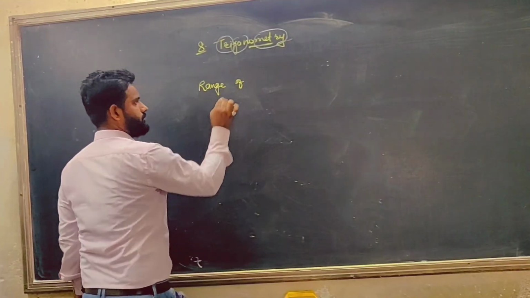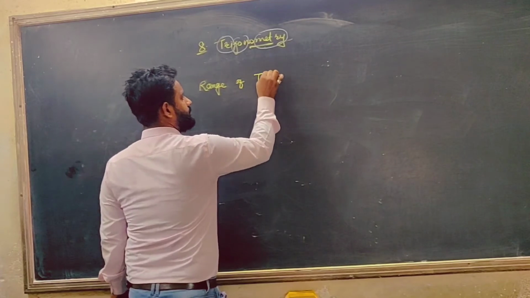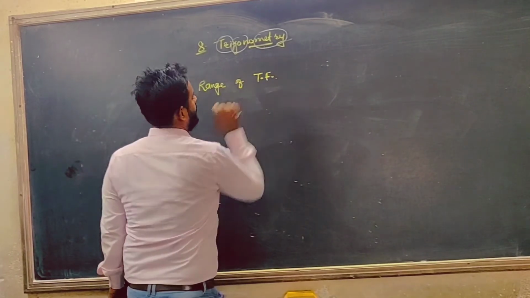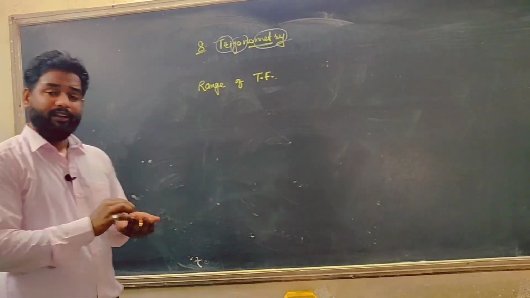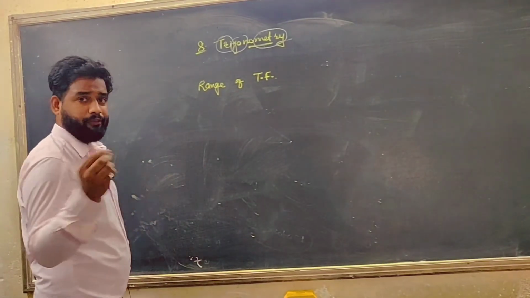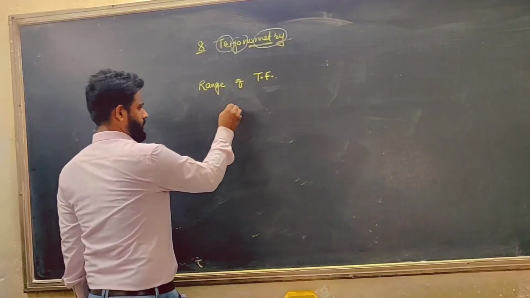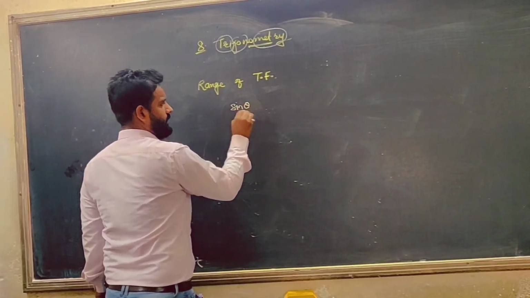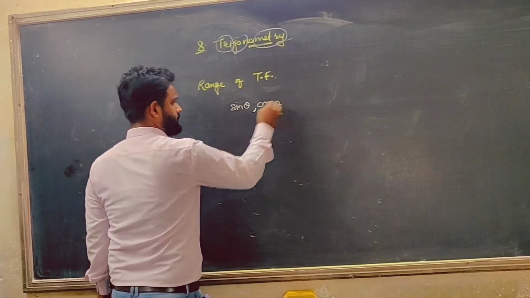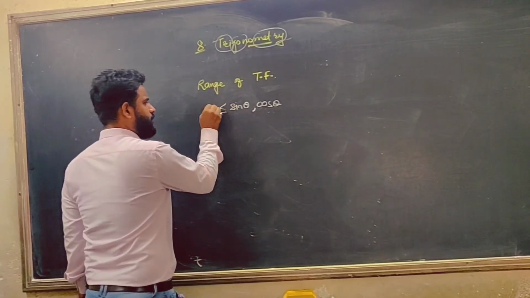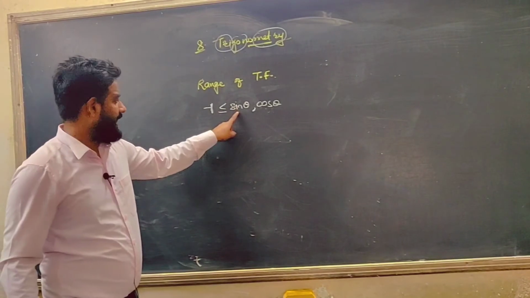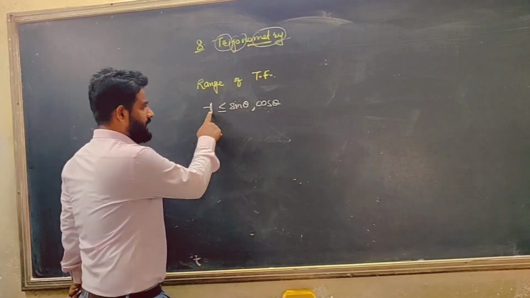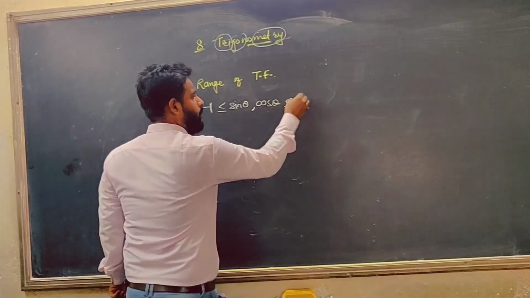of trigonometric function. Range of trigonometric function. Range means the minimum value and the maximum value. So I will explain it later on also, but for the first exercise, you should remember that for sine theta and cos theta, the minimum value is going to be -1. The minimum value they can have is -1 or more than that, and 1 or less than